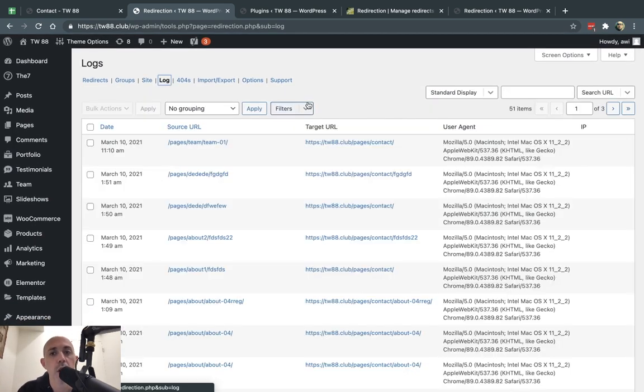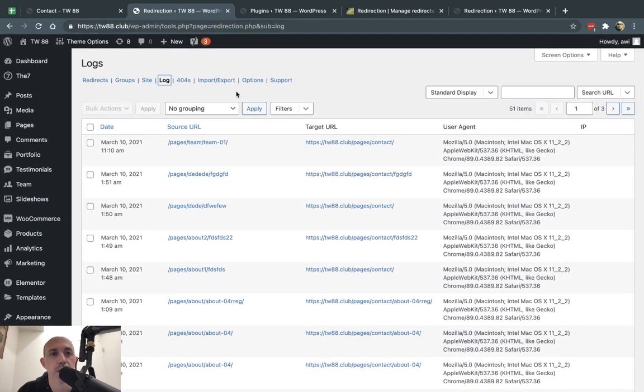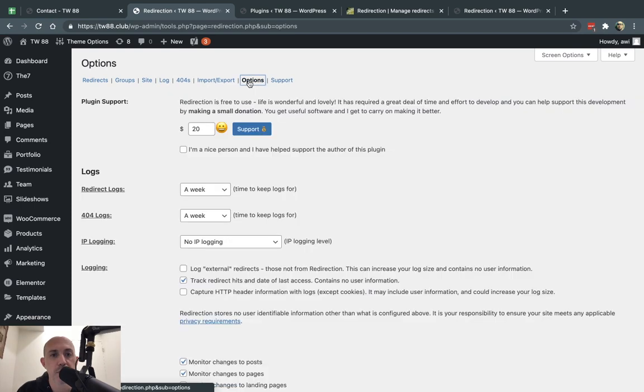Okay. So logs, this is a really nice thing. Every single time a page gets triggered, you can keep it in a log, and it's really nice to have logs of everything to see where things are going. Now, in your options themselves, you have a setting to decide how long you want to keep the log. You don't necessarily want the logs to keep for too long, because then your database might get full, but you can choose this. So you can choose how long you want to keep logs. I recommend more than 1 week just in case, but that's up to you. Okay, great. What else is there?